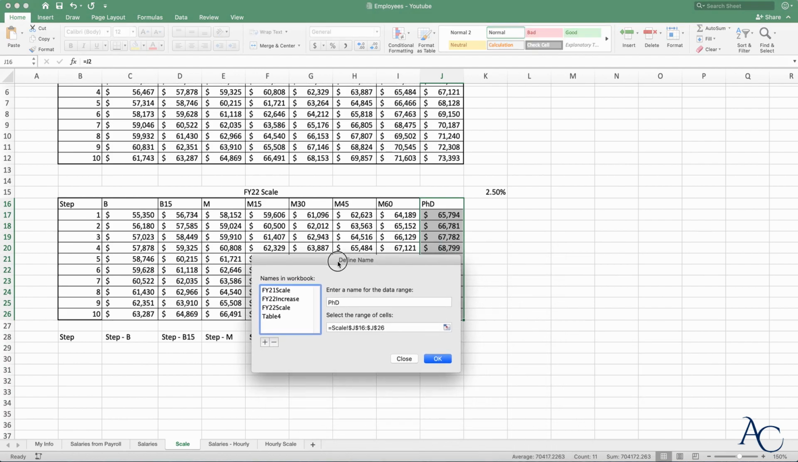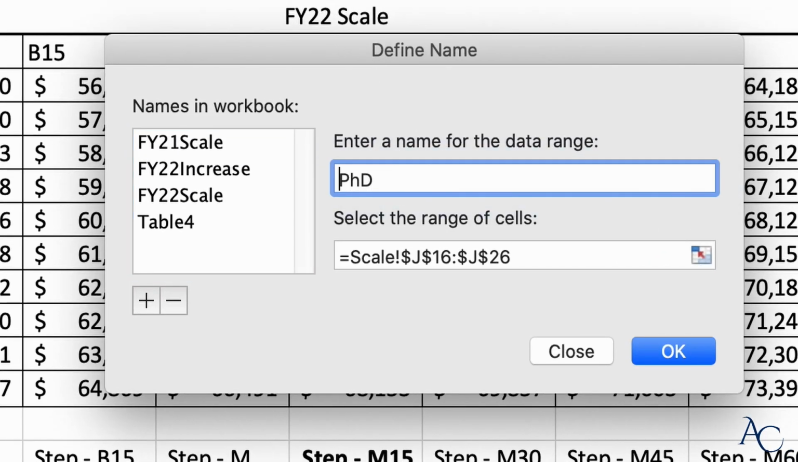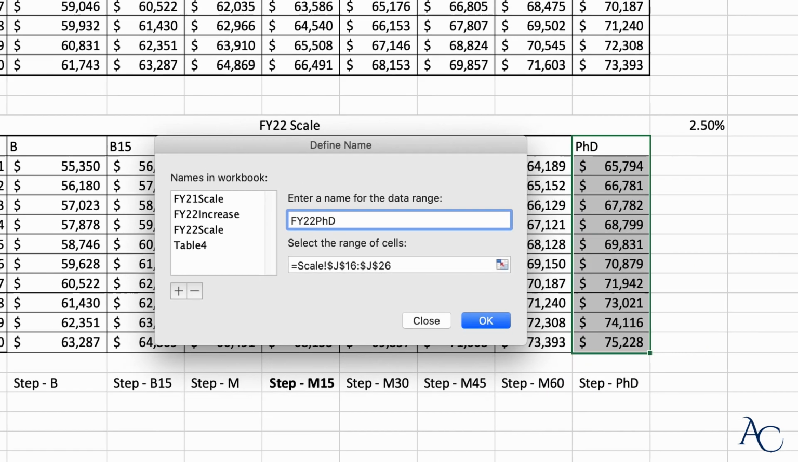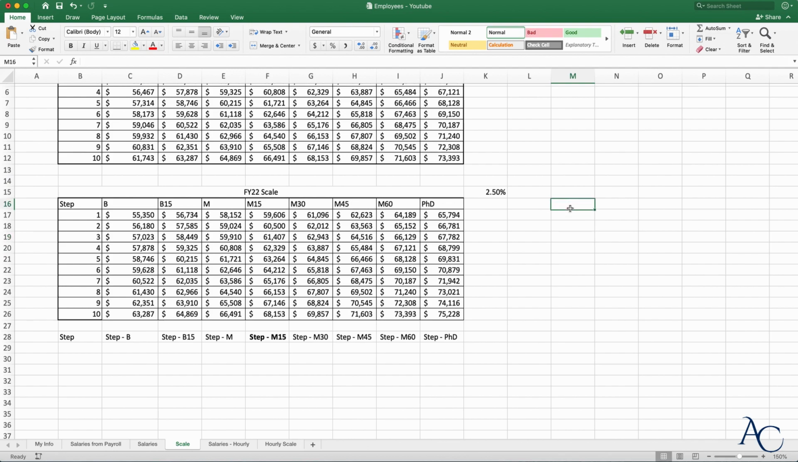We will name this PhD, but I will put FY22 in front of it. So FY22 PhD. This will be a sample for us to look further at what can be done by naming ranges. I will hit OK. Now, let's say if I wanted to know what my average is, I will just say